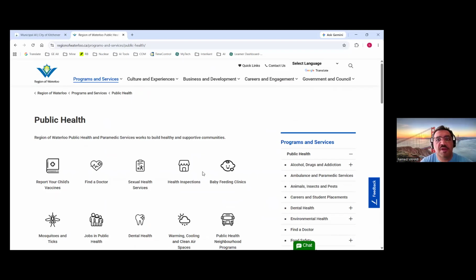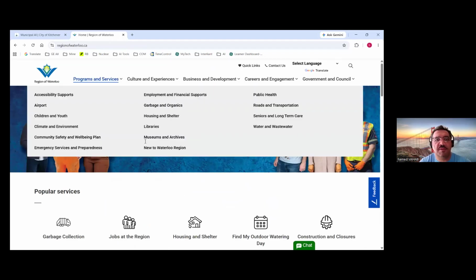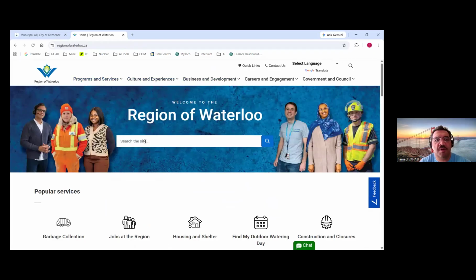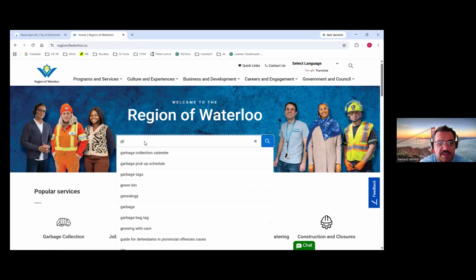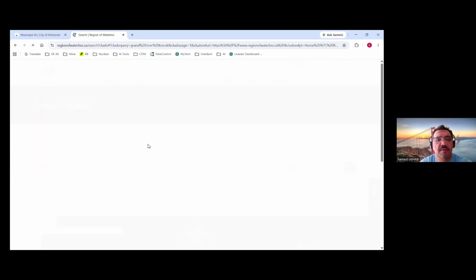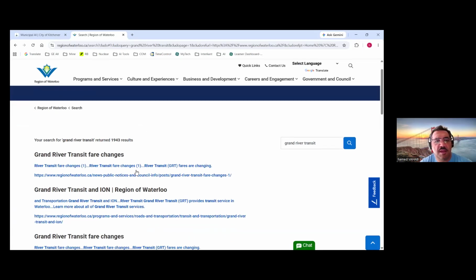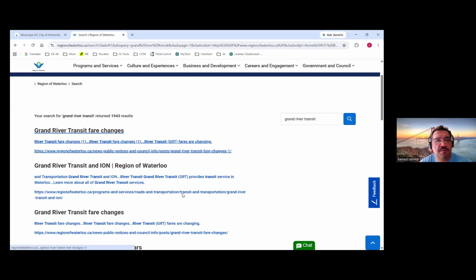Again, go to the main page. If you can find what you need through the main menus, that would be good. If not, you can search, for example, if I'm interested in Grand River Transit, I would search and it gives me anything, for example, about